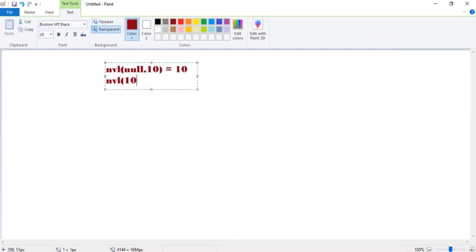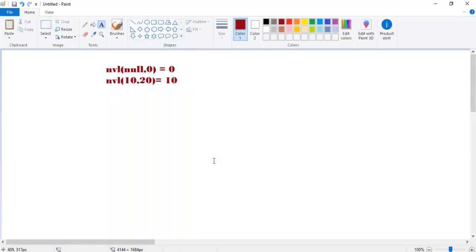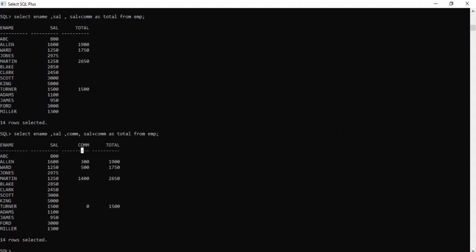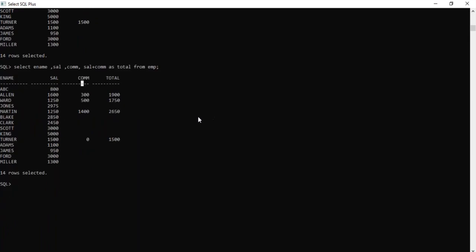In this concept, see here, same thing we are using in this pattern. Select ename, then salary and commission.